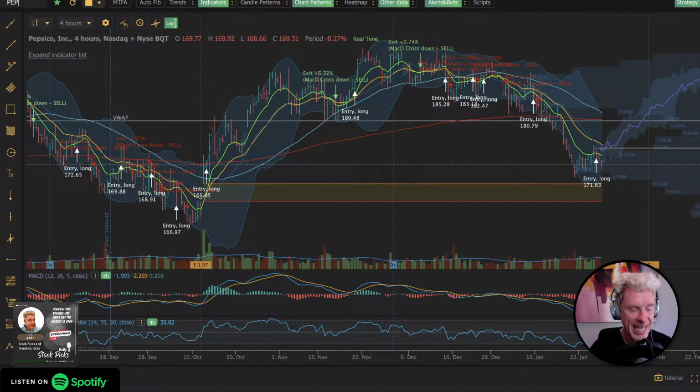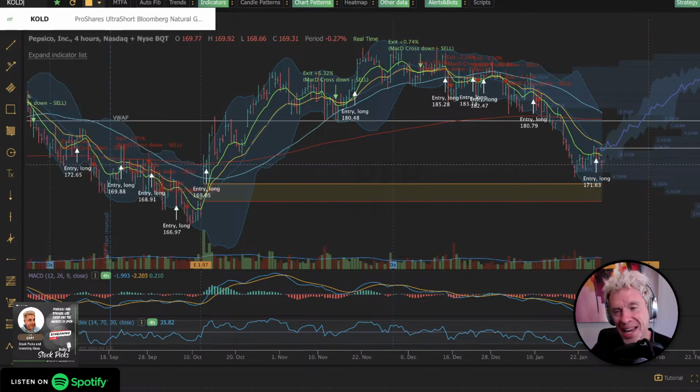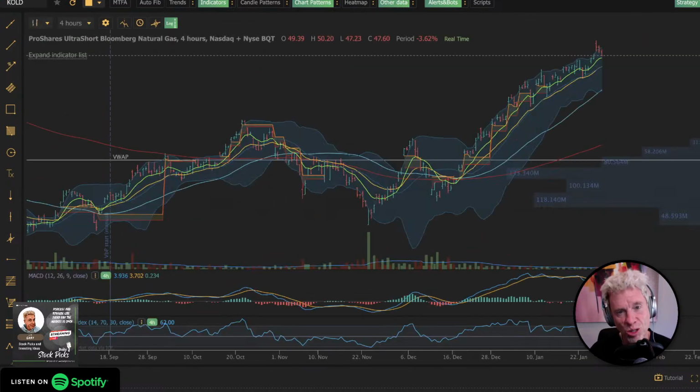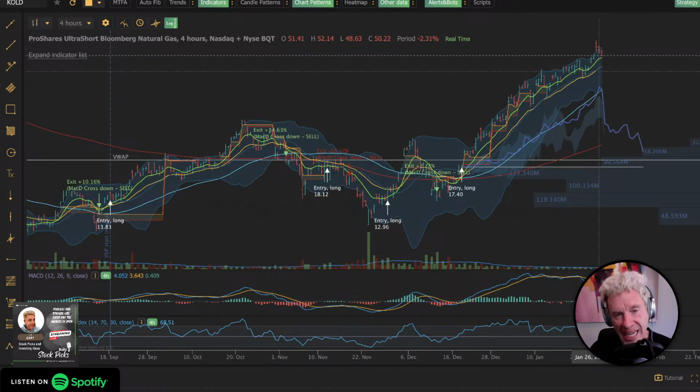Not a bad one. KOLD had a cross up, and we have seen huge moves in this one. You're finally getting some type of button hook on this 4-hour. This was a secondary cross up. On January 23rd, you were trading at $44. You got all the way up to $54. You had your 10% move. If you bought this on the scan on Thursday, you got your move. So KOLD was one that went.